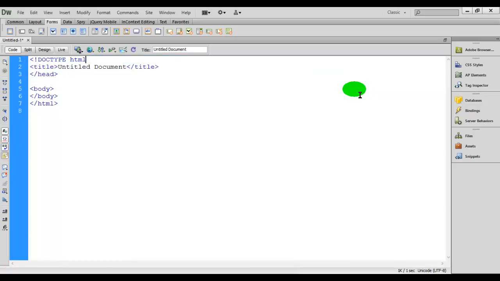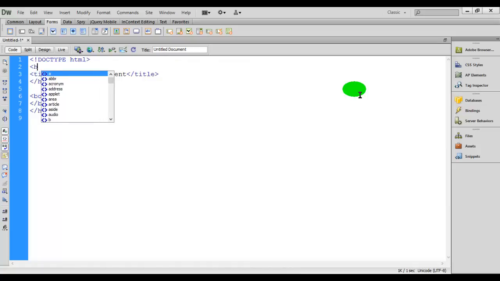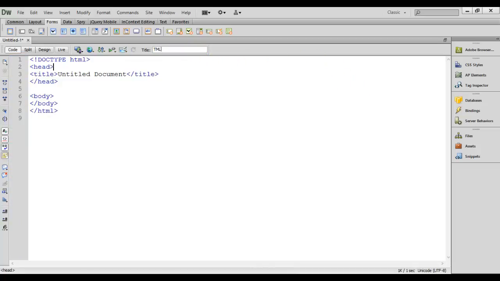Remove the unnecessary code. And now also take the head element. Give it the title HTML form elements.